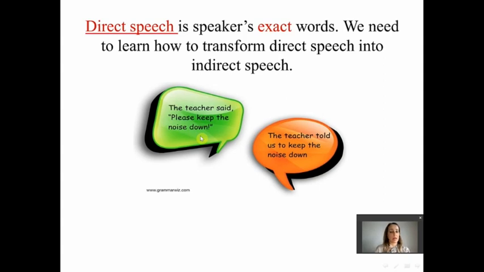And in indirect speech, it would be, the teacher told us to keep the noise down. You can see when we want to report the teacher's words, the quotation marks are omitted, and there are some other changes that we will see. Let's go on.